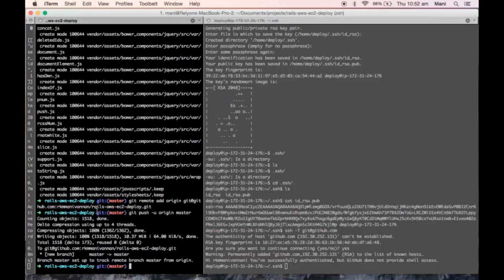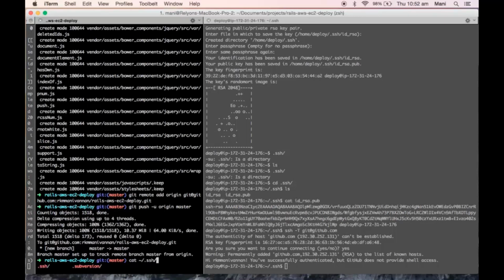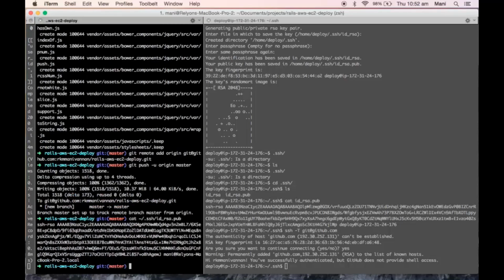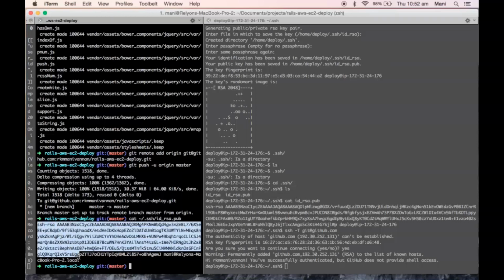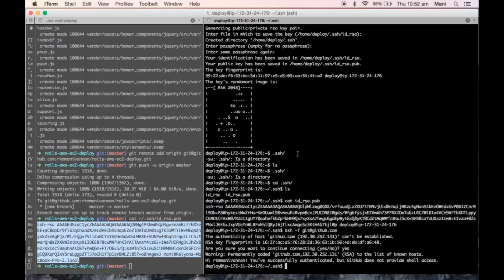So now we cat the SSH public key. This is my local system, and this is my server. I'm copying my public key and pasting it into my server's .ssh folder.